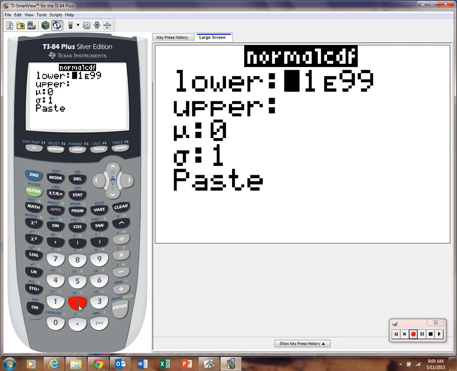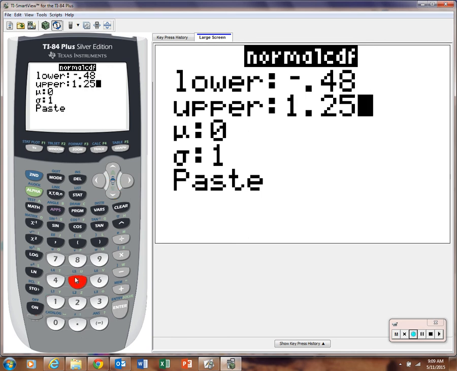So what you will do is you will enter your lowest z-score, lower bound. That would be the negative 0.48. Then your upper bound, okay, that would be the 1.25. Okay, and then these you can just ignore. That would be a 0, that would be a 1, but you can ignore them if you've got an older